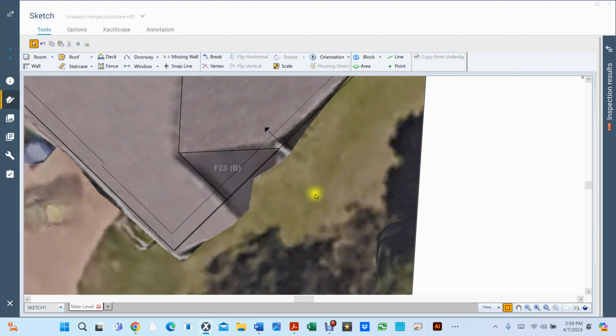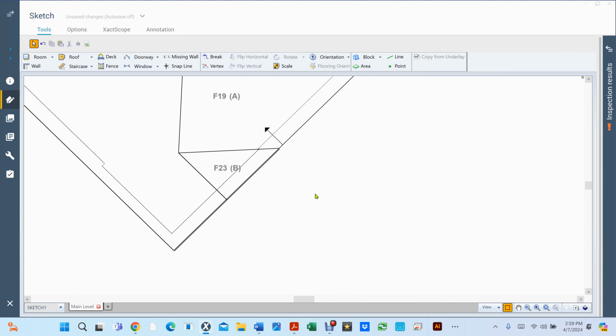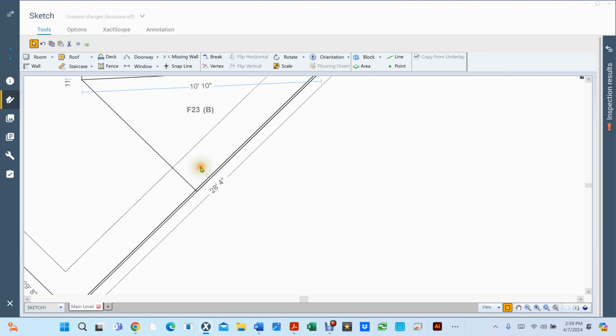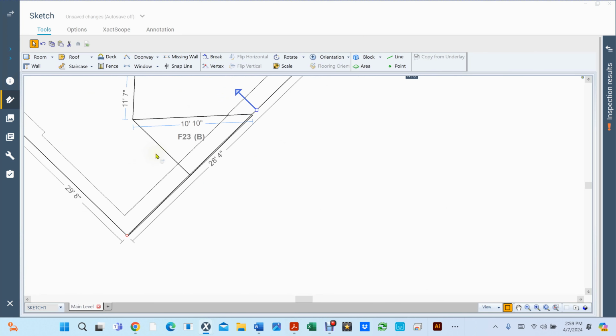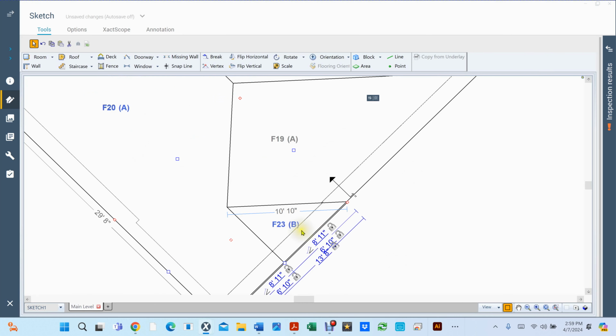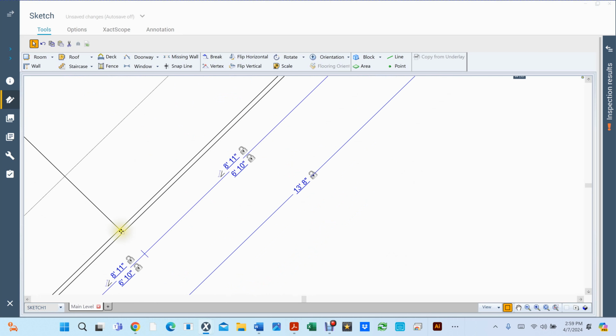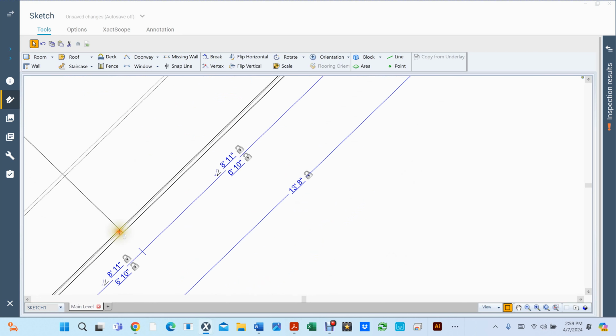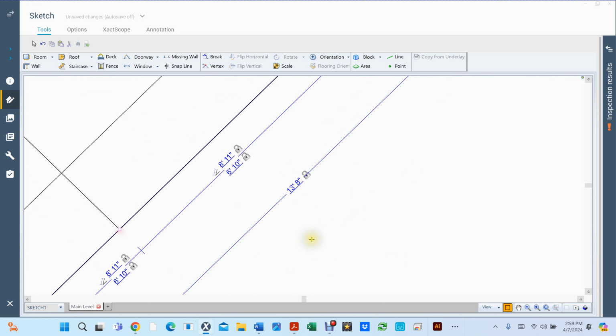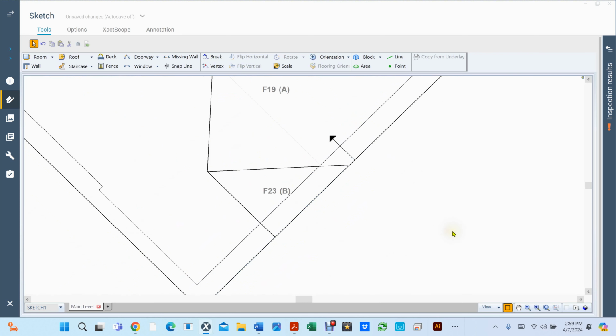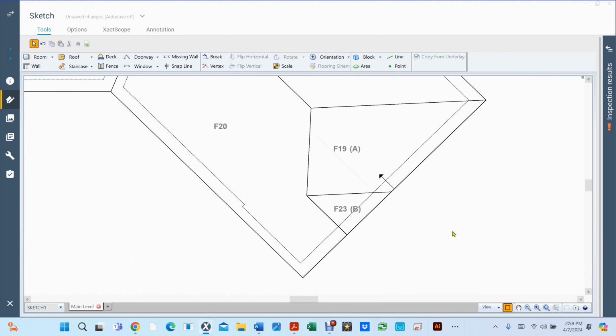So let me go ahead and turn off my underlay. Let's click here and enlarge this and just line that up. Let's hit Shift O, Shift U,